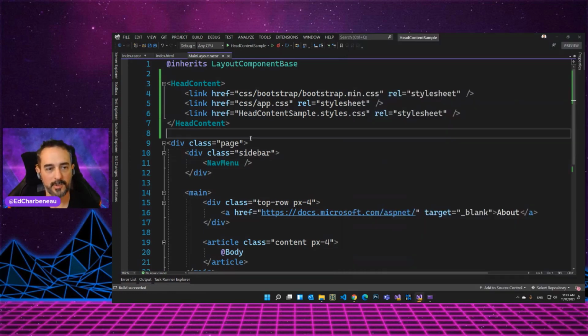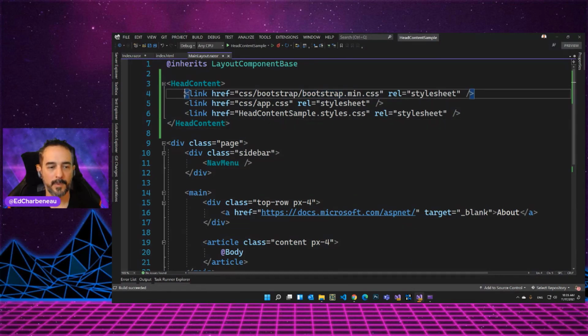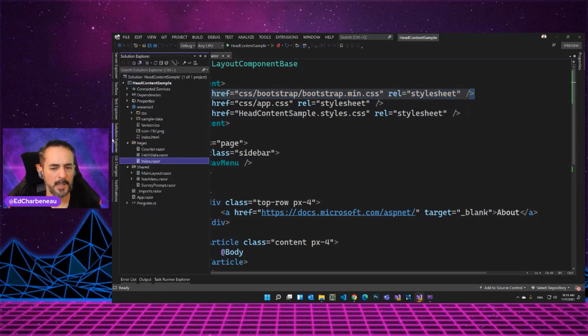We need to make sure this is in the main layout because it's going to affect everything, because it's a style sheet. The next thing we want to do is move this tag around and hot swap this guy out. What we want to do here is bring in some style sheets. I grabbed these from